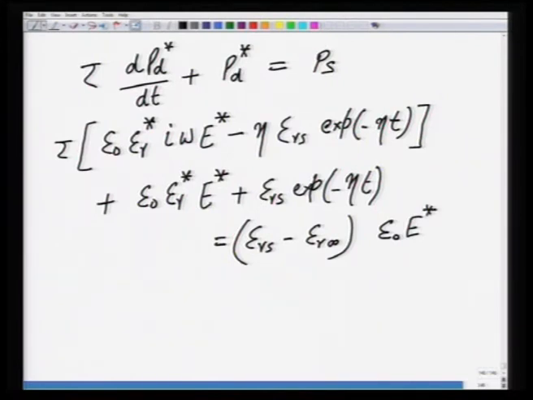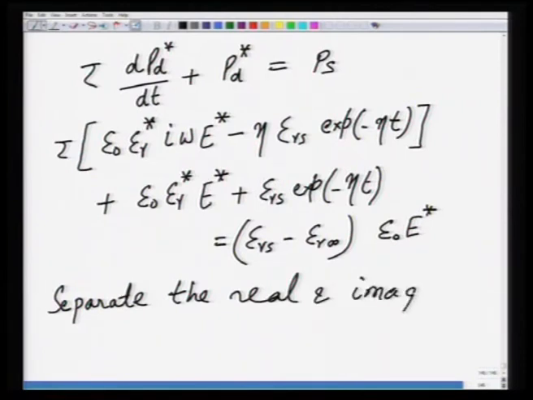So, what you do now is you have to separate the real and imaginary parts of this equation. So, basically where do you have an imaginary part? This is an imaginary part, and now E star